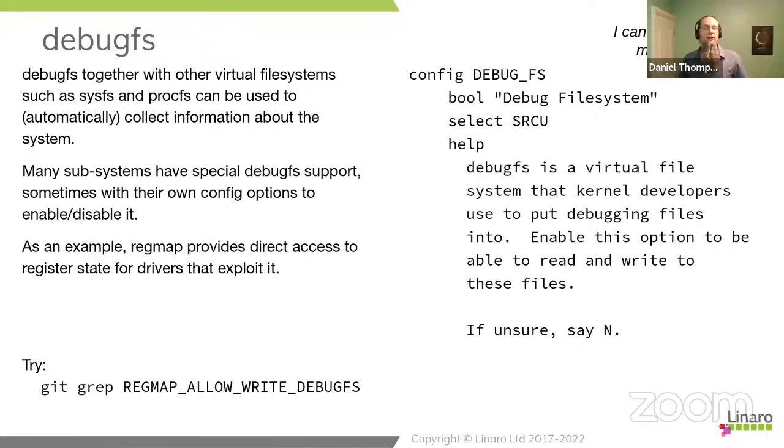Other tools we could bring to bear on this problem. We can't reproduce, our customer can. Debugfs can be an interesting one. So debugfs, together with some of the other virtual file systems, can be used to gather information about the system. It's very easy to write a shell script that snapshots your own system and then test the snapshot and then get the customer to snapshot their own system and compare them. So we can look at things like regulator state, clock state, things like that. There are different subsystems that present different information in debugfs. The best way you can get a sense of what is available is to fire up one of your embedded systems, mount debugfs, and have a look in it.